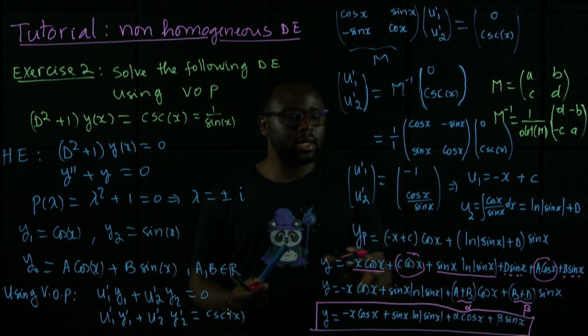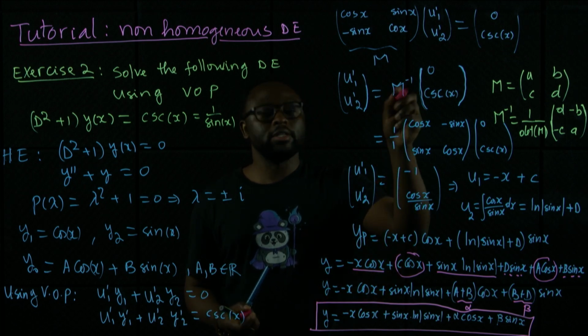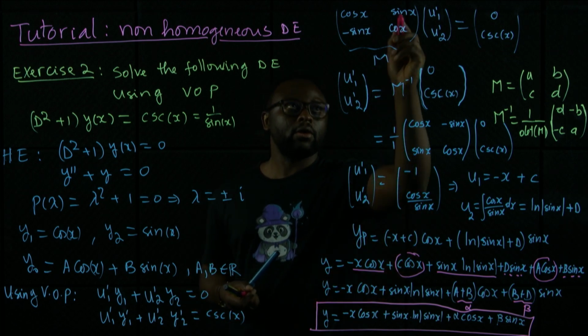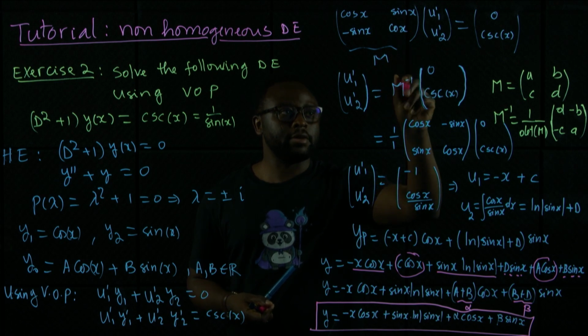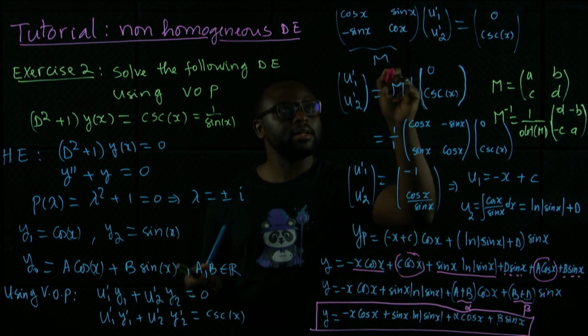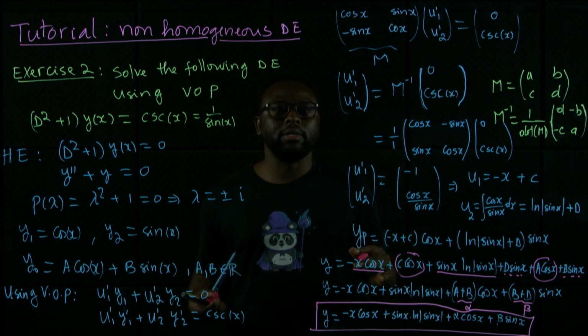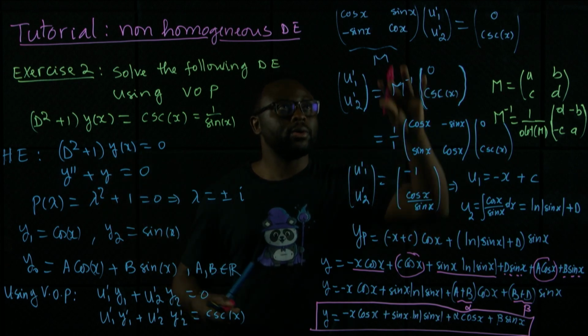As you can see here, we just used a normal procedure. Here I call this matrix M, and I use the inverse of the matrix. In the third example, I will not use this inverse anymore. So follow me in the third example to see all the possibilities that you can do when you are solving